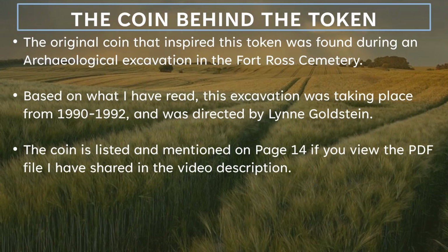Now that we know a little bit about Fort Ross, let's talk a little bit about the coin that inspired this token. The original coin that inspired this token was found during an archaeological excavation that happened in the Fort Ross Cemetery. Based on what I've read, this excavation was taking place from 1990 to 1992 and was directed by Lynn Goldstein. The coin is listed and mentioned on page 14 if you view the PDF file that I've linked